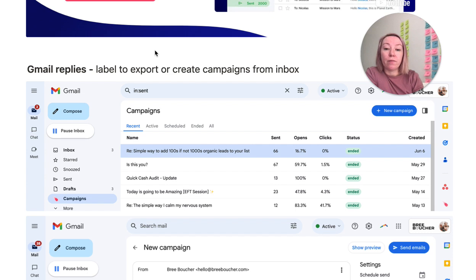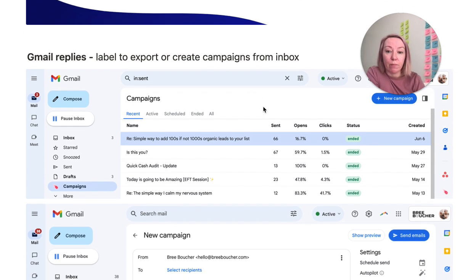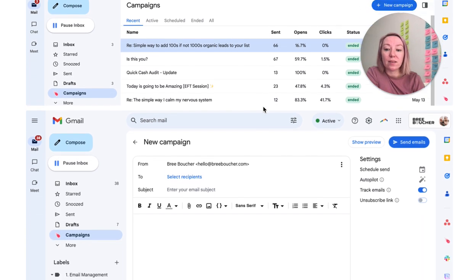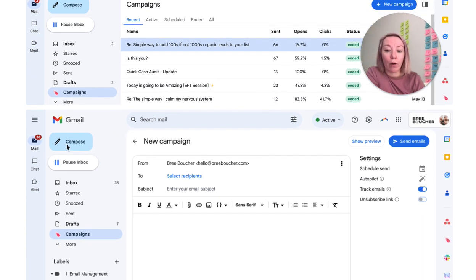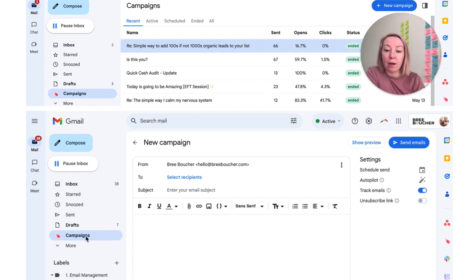And some of the easiest ways that I do this is we label an email within my inbox, and then I can actually export the list of people and create a sheet based on that. And I can actually then create campaigns directly from my inbox. So what that looks like is, instead of going to compose, I go on my sidebar and I go into